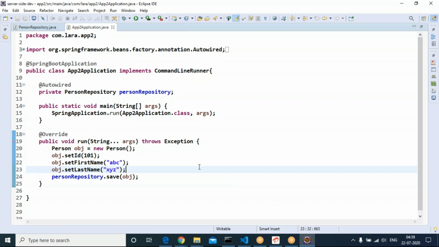In the last session, we have seen how to save a person object. Let me make this as obj1.